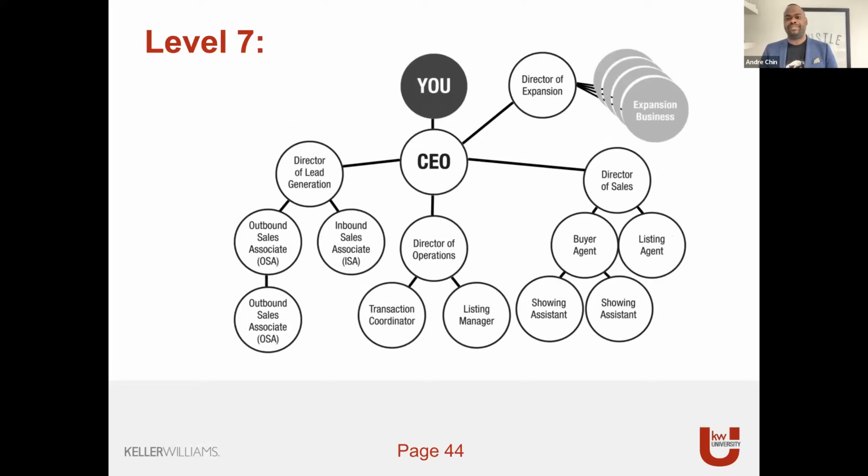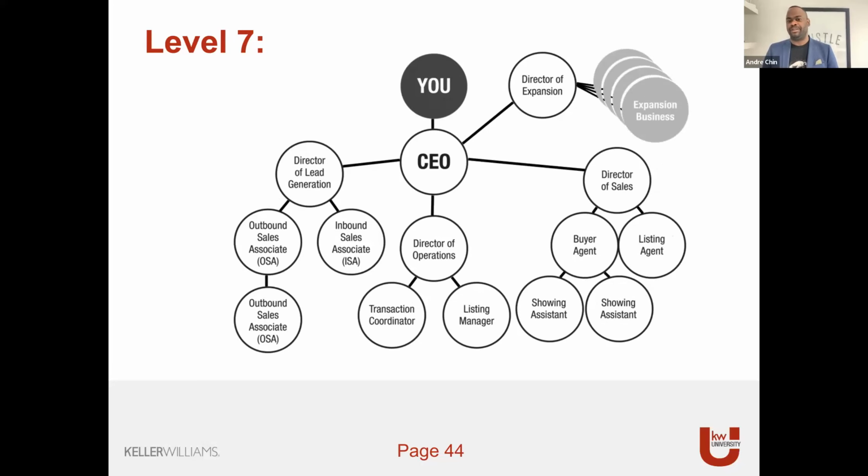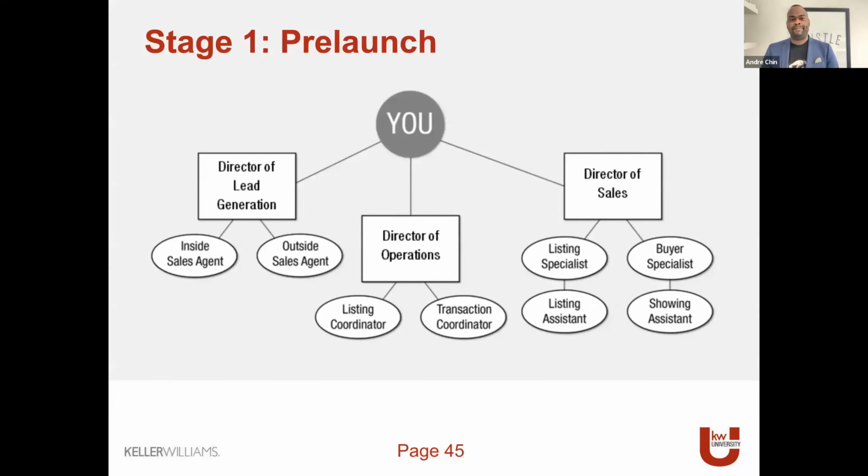And then as you get into level 7, you can now look at things like bringing in a CEO, and then your director of expansion is now helping you grow multiple expansion businesses as you move forward. So this was kind of what we did and what we followed. We're not quite at level 7. We're in level 6 with a hybrid of level 7, where we've got multiple expansion organizations that we are partnered with. And our operations and our team looks very, very similar to this. Again, I try not to change models that Gary Keller gives us because there's a reason that they work. There's a reason that it's called a model, is because it works. And so this gives you the roadmap on how to build your empire as well.